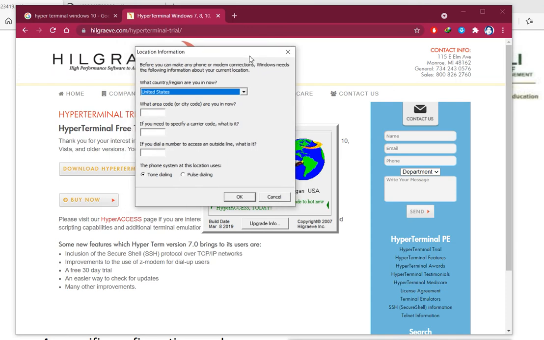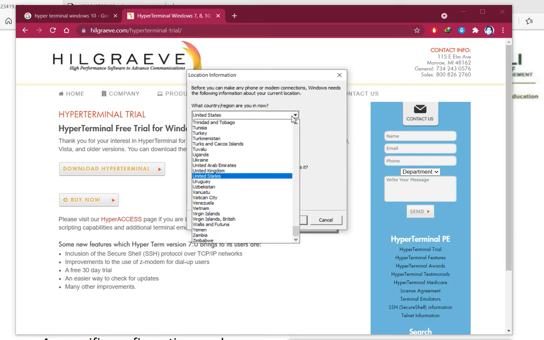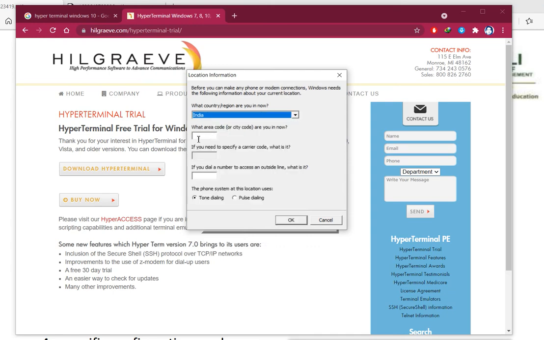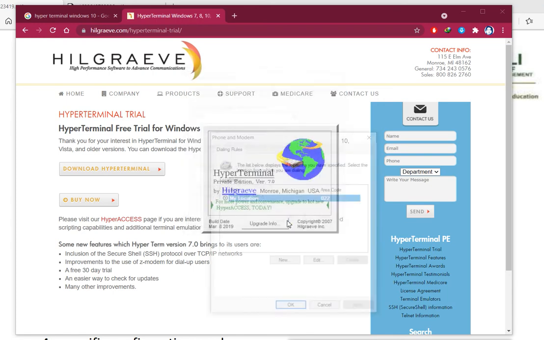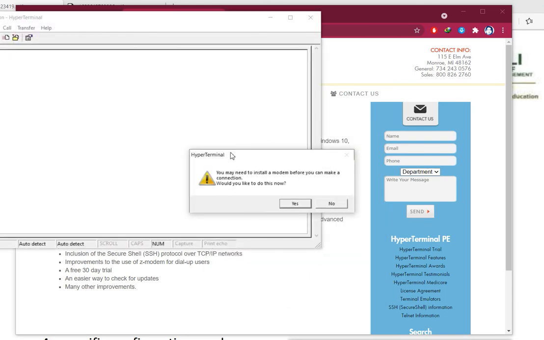Now what we do, after connecting the router to our serial port, is start this HyperTerminal. The first time you open it, it asks you to configure location related information, like the country code and city code. If you want, you give the information, otherwise you click okay. So this is saved. Now it opens this terminal.